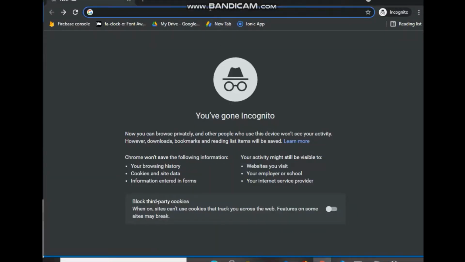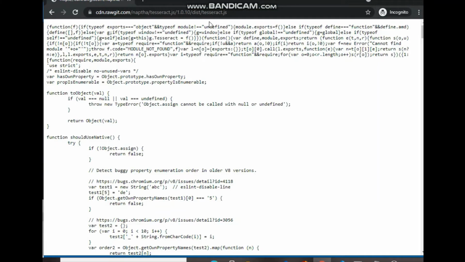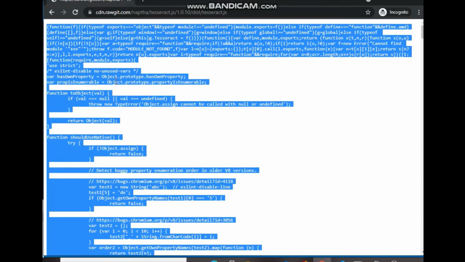So let's proceed. First, we have to get the JavaScript code. So we are on the browser. This is the JavaScript code, and we have to just copy that code. We can also use this direct CDN, but we will include this code in our local directory.